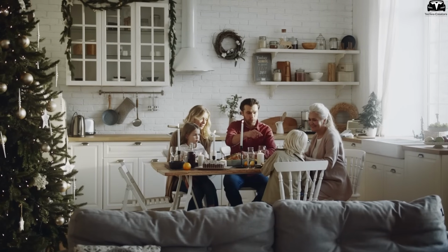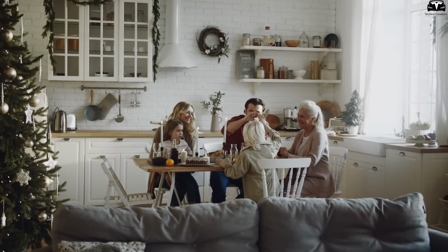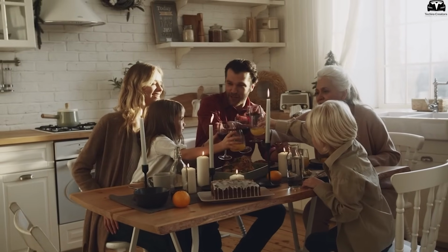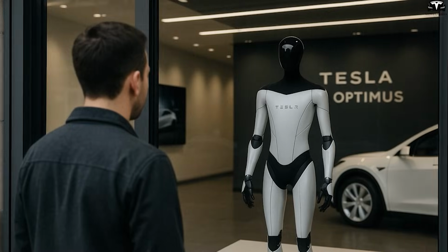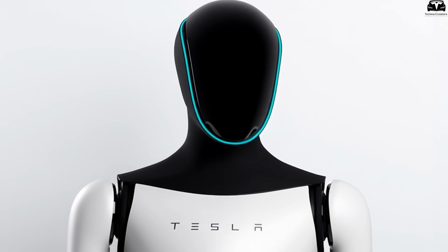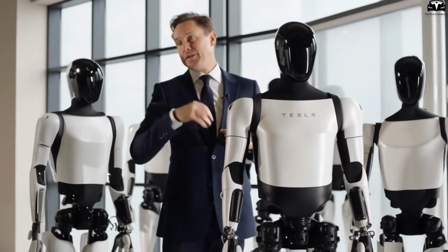If the mother prefers a spotless kitchen by 7 p.m., while the father enjoys hot tea after 5, Optimus remembers both and sets up individualized routines, no need to repeat instructions. And if habits change, it adapts accordingly. So, have you ever thought a robot could remember how you like to be served? Not by using some generalized global AI database, but by a machine intelligence that's trained personally by you over time,